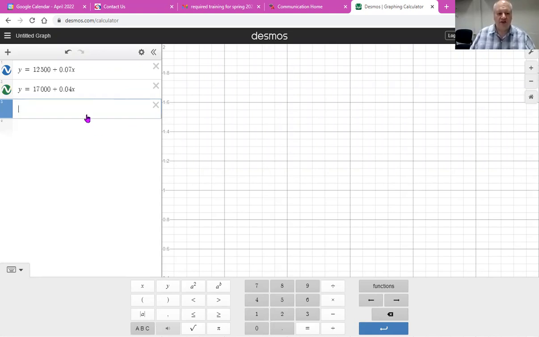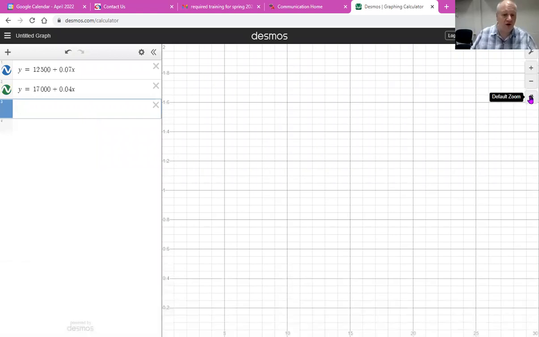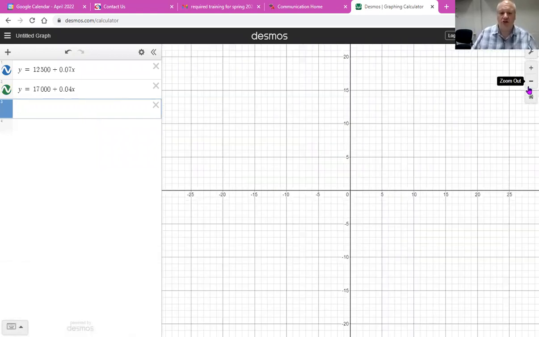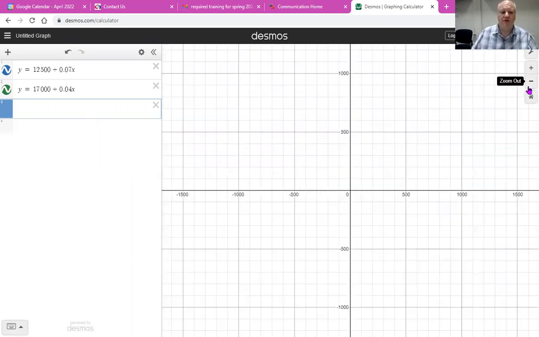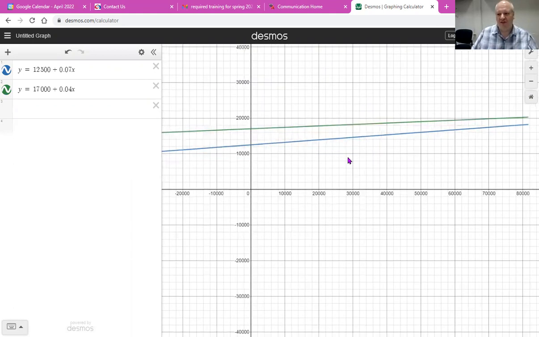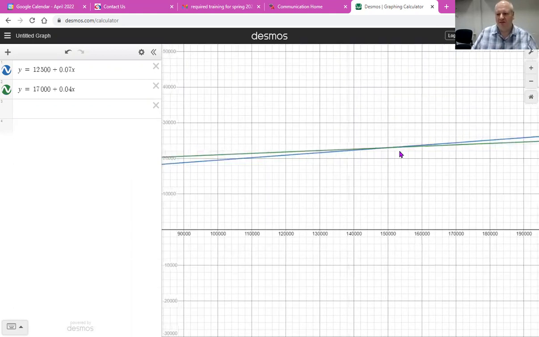Now, those are very strange looking lines. Let's see if we can find them on the graph and see where they cross. I'm going to click home first. I don't see them in the immediate vicinity. Let's zoom out a whole bunch. Keep going. There they are. Where do they cross? Click somewhere in the area. Okay. The answer is